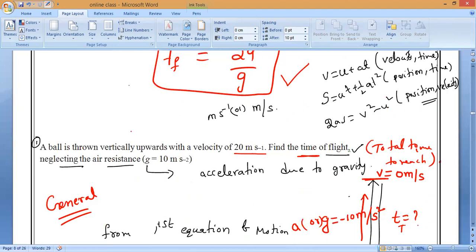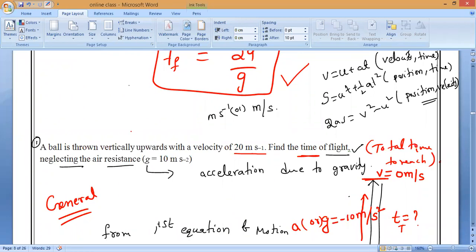For the same question, can we solve it with the help of any other equation? That is what I am asking. Is it possible? Sir, fourth equation. No, with the fourth equation we cannot solve. They will ask you t is equal to 10 seconds, t is equal to 4 seconds. When we come to know t only, we can solve. Understand, Hari?